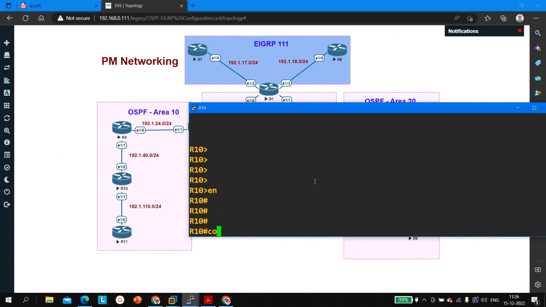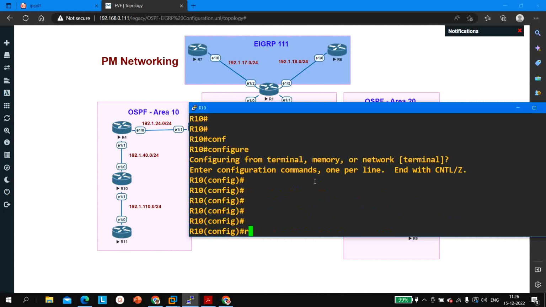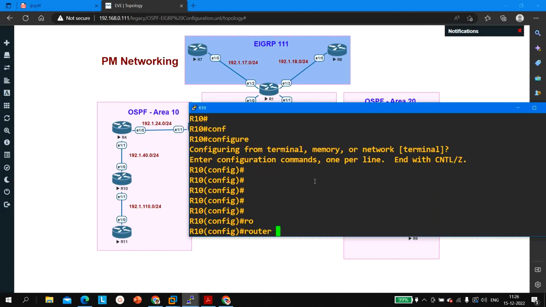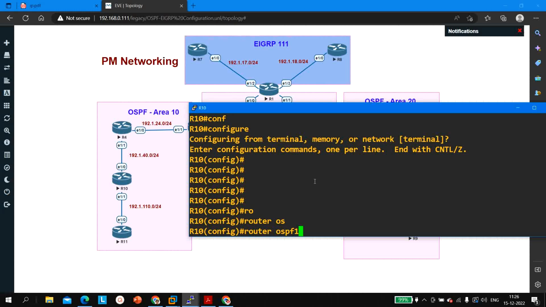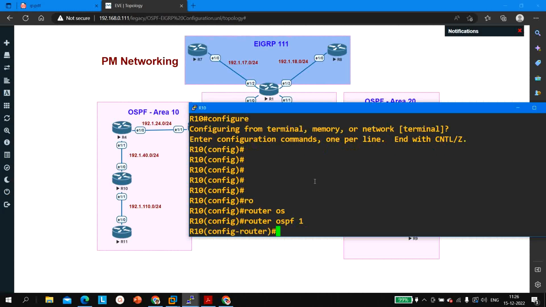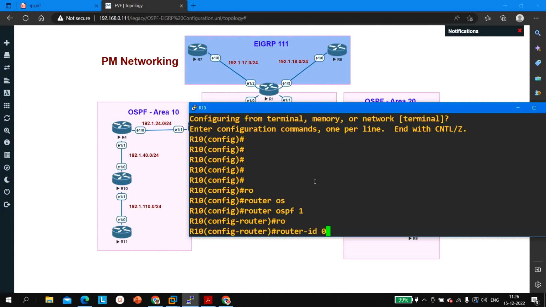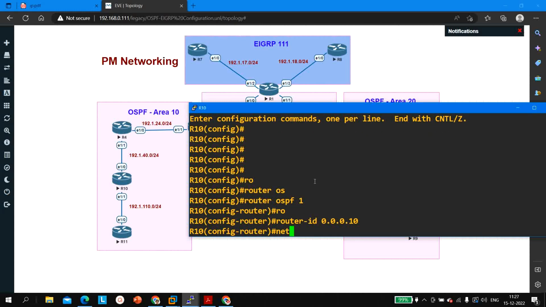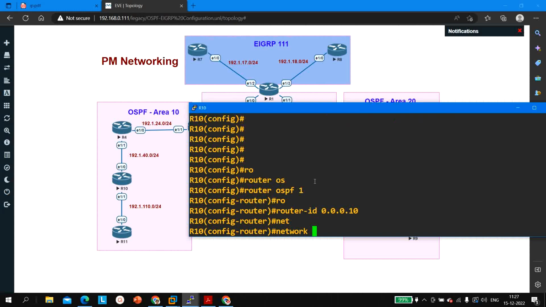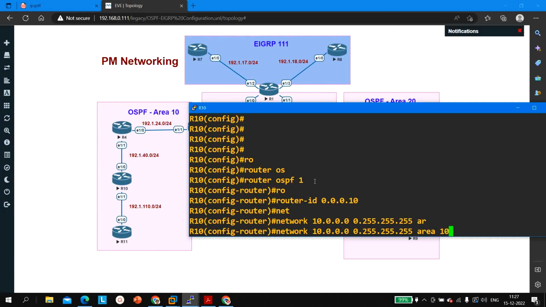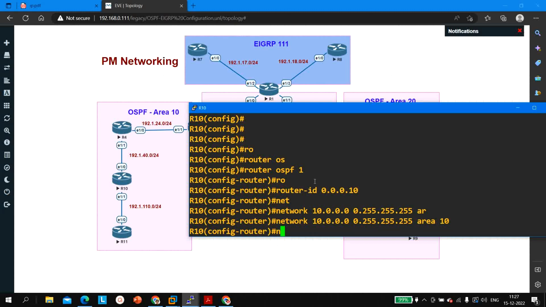Enable, config t, router OSPF process ID is 1 and router ID will be what? 0.0.0.10. Then network is 10. First of all, let me advertise loopback 0.255.255.255 and area is 10. Then network